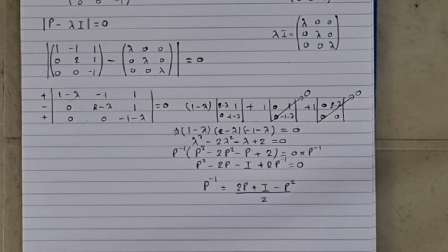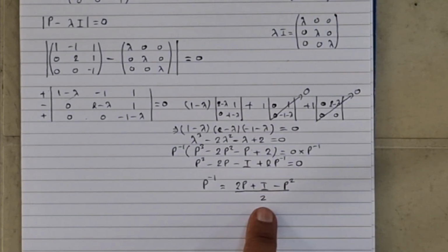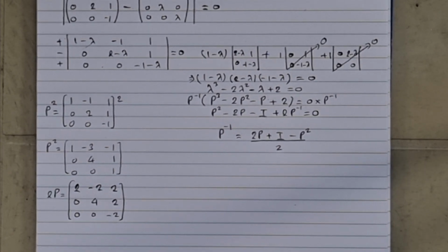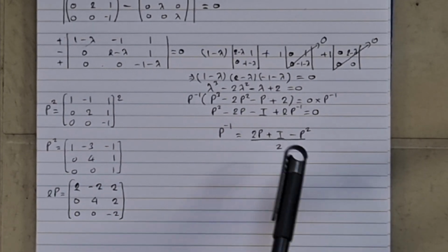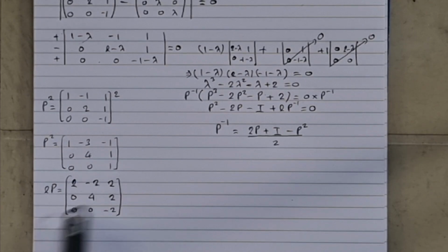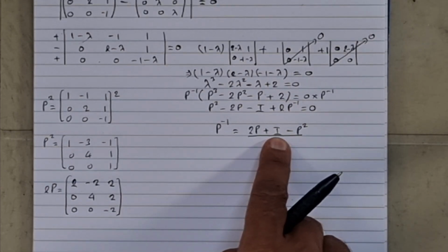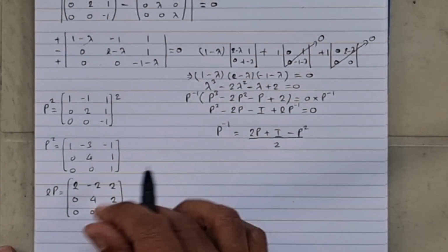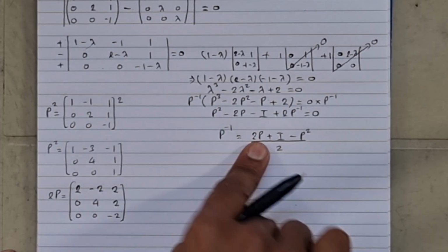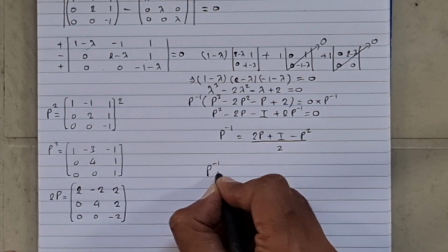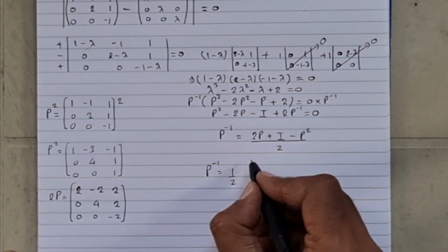Rearranging this, we get P inverse equals 2P plus I minus P squared, divided by 2. On this side, I've found P squared, and then 2P, and I also need the identity matrix. So we're going to take all those matrices and substitute them in here. So P inverse is going to be equal to half into